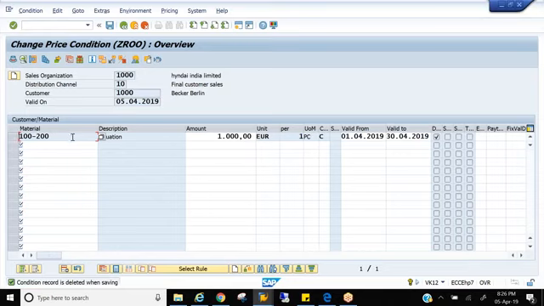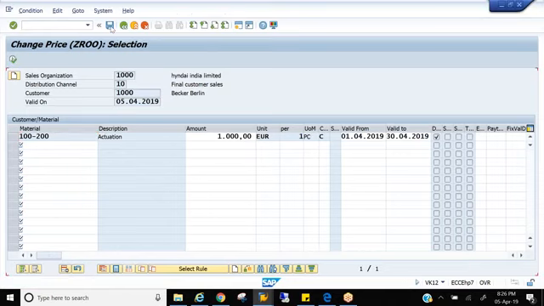There is no condition required now for a customer and material combination.